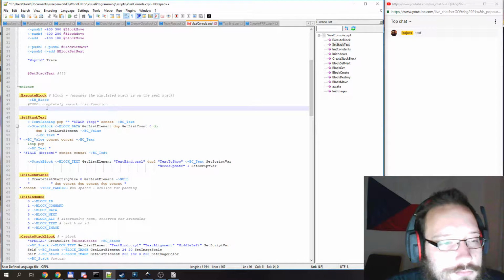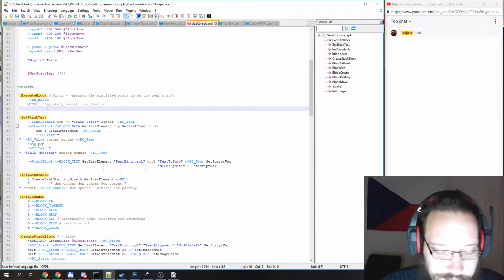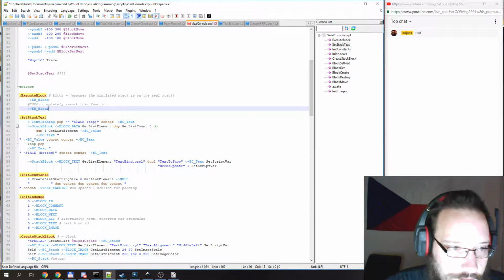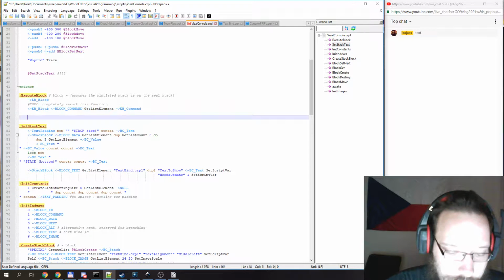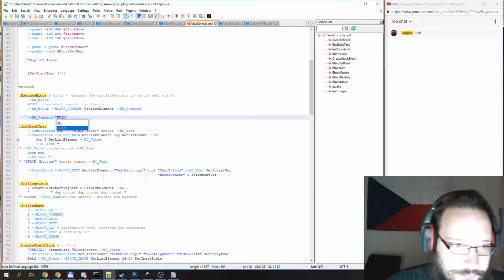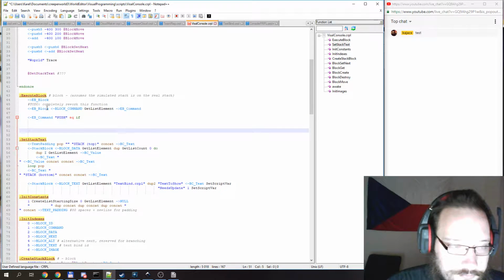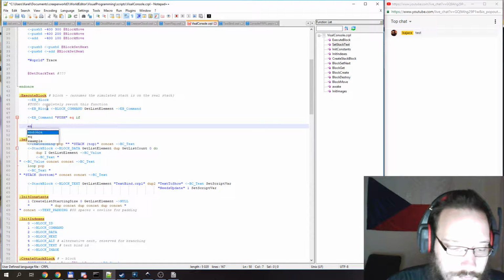Anyhow, for now we will just do EB block command, a get list element into EB command, and then EB command push equal if and if,